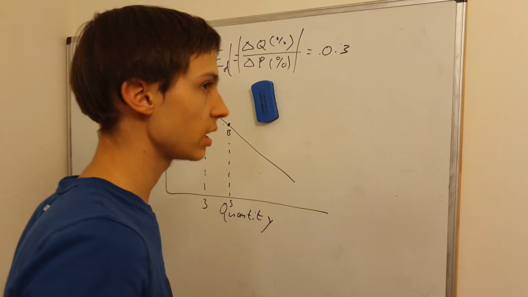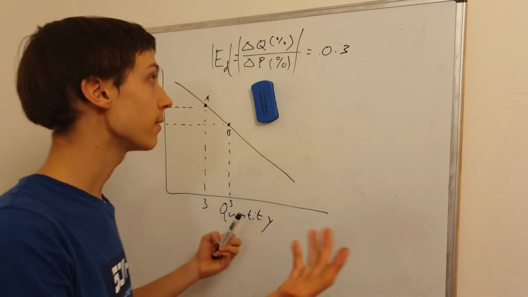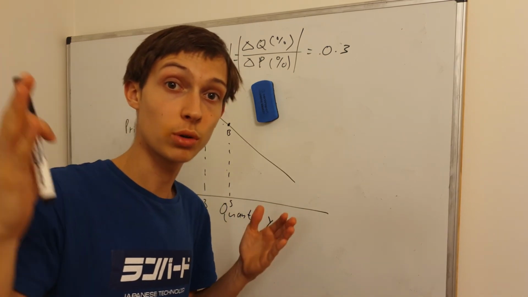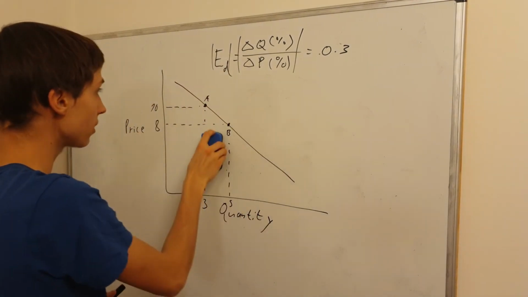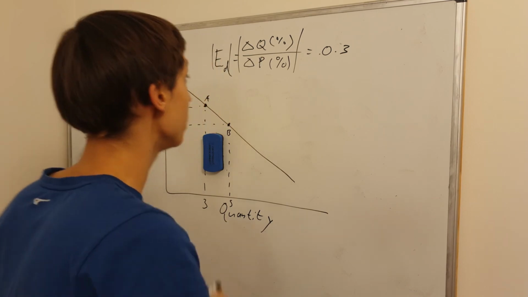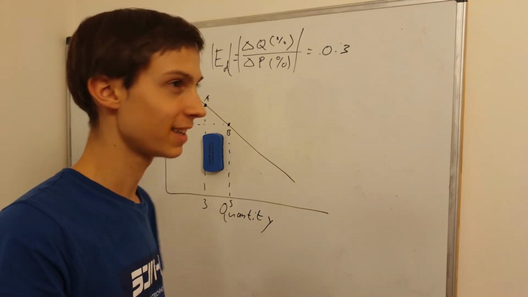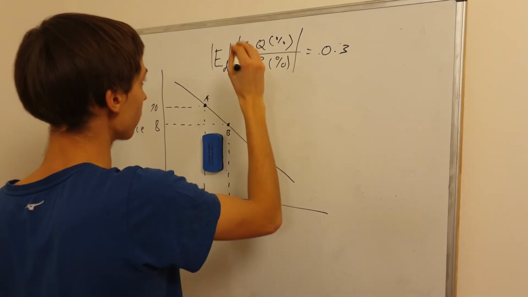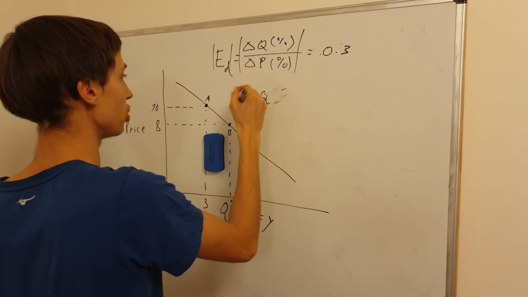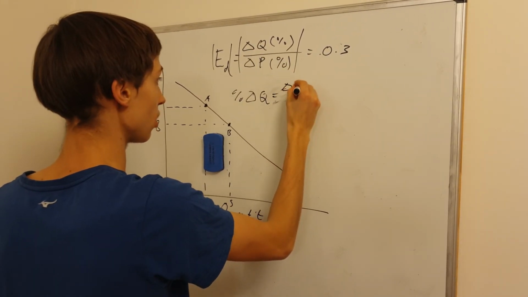But there's a deeper insight into that, and I think this is more than enough for the beginning video. This one shall help you understand how to calculate it. So just to repeat it once again in the end, you calculate the price elasticity of demand very simply. It is the ratio of two ratios. So the delta Q percentage, that means the percentage change in quantity, is calculated as the change in quantity over